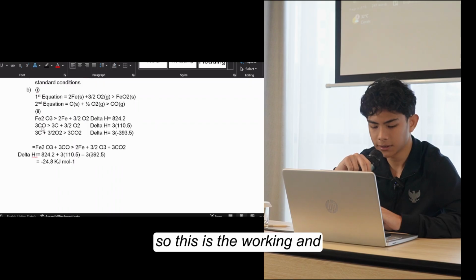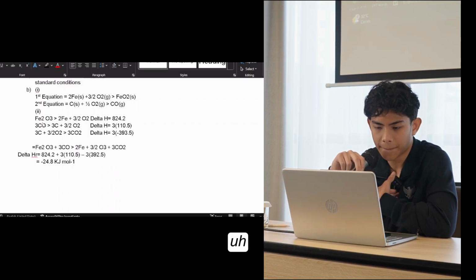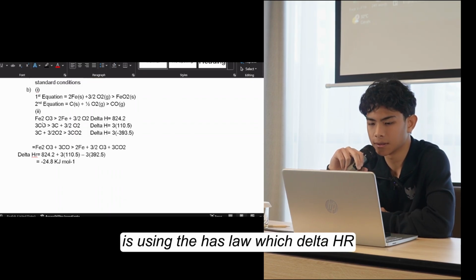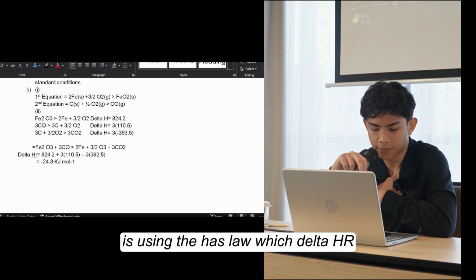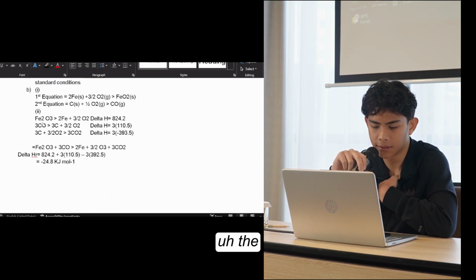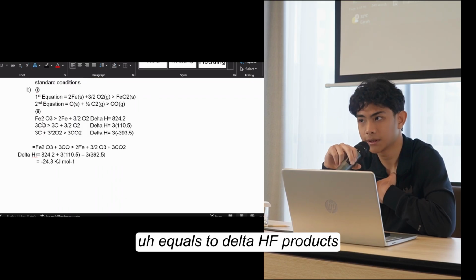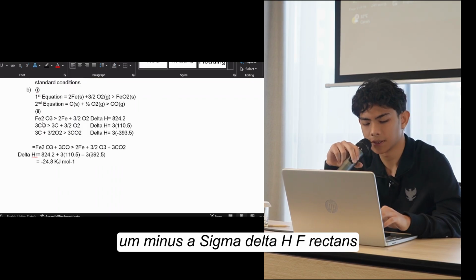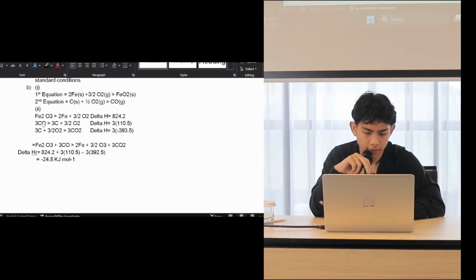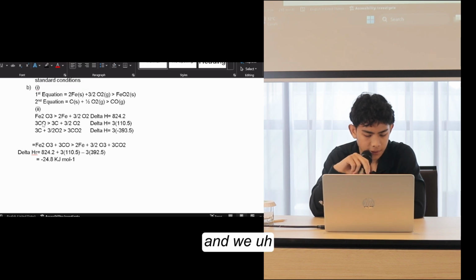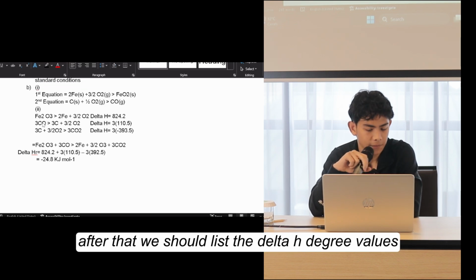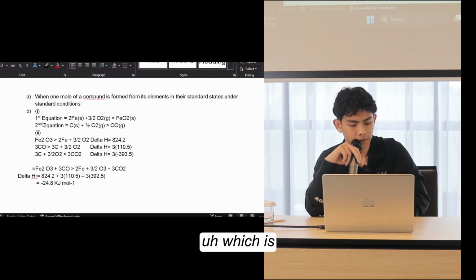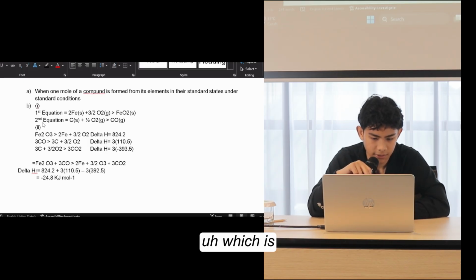So this is the working. For the first step, state the method, which is using Hess's law: delta HR equals the sum of delta HF of the products minus the sum of delta HF of the reactants. After that we list the delta H values from the table, which is